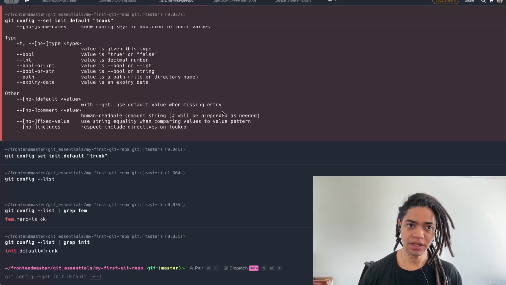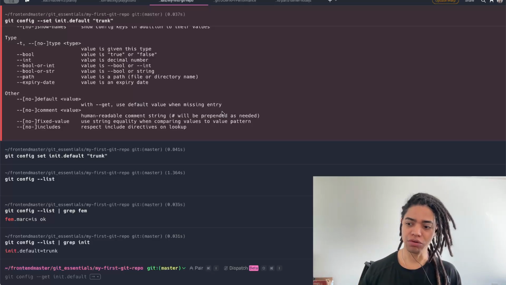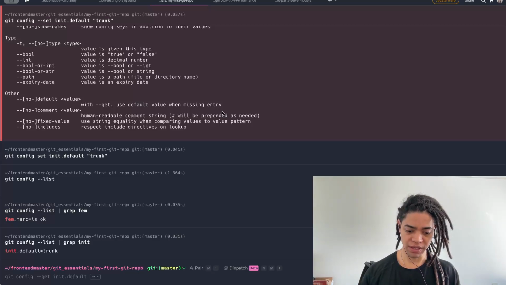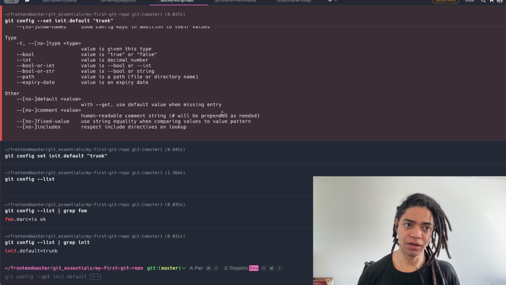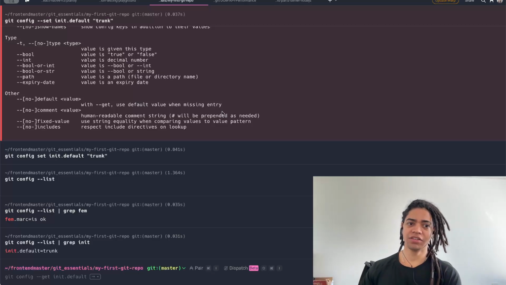So if we want to look at this log in a much more meaningful way, we can say, hey, git log, show me the graph version, and then show me with decorate here. As you can see, we're now looking at this. So this is our first commit,